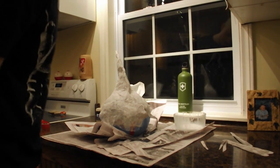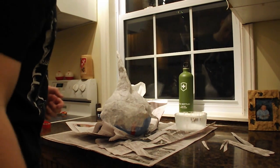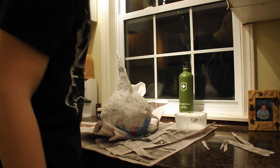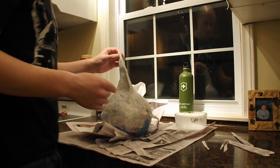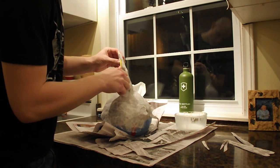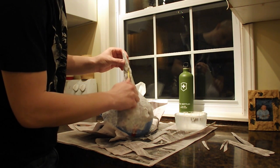Okay, so this is the paper mache mask. Spent way longer than I thought I would on it. For some reason, I decided to use tissue paper for the last layer. I guess I was just tired of seeing the newspaper, but anyways, hope it does something. While it's still wet, I'm going to get a popsicle stick and make an impression all along the beak here,